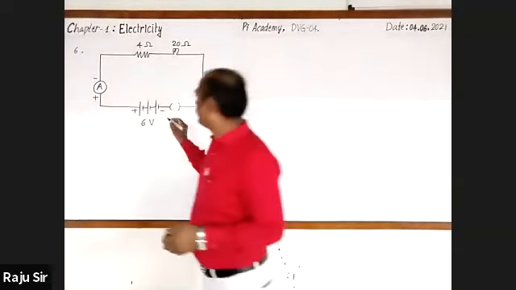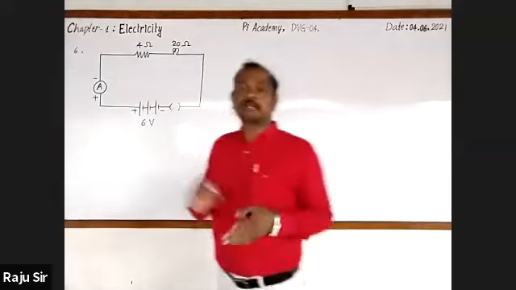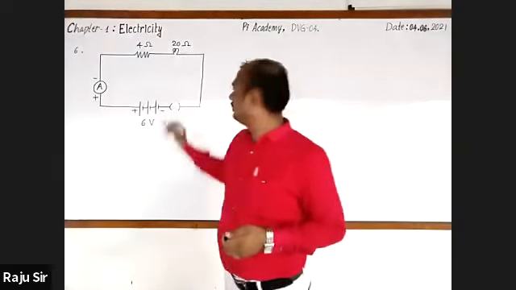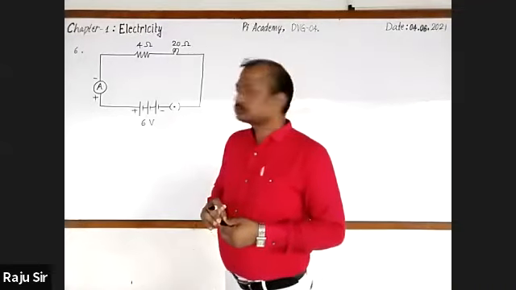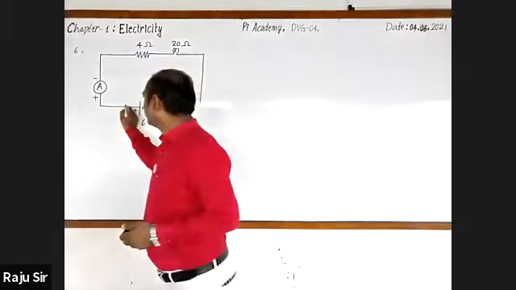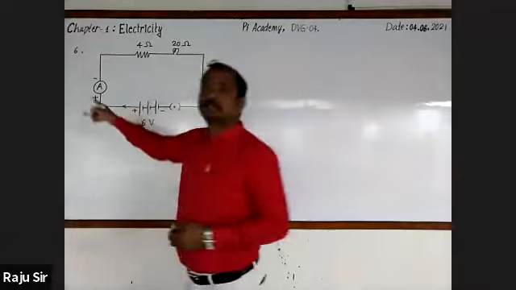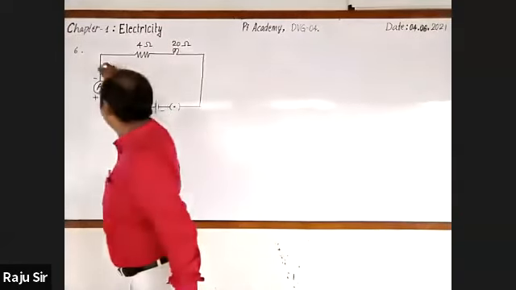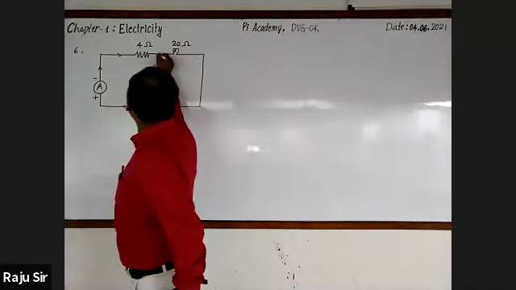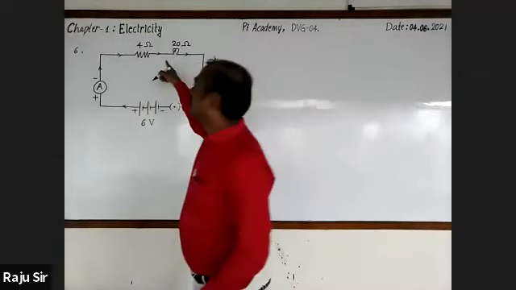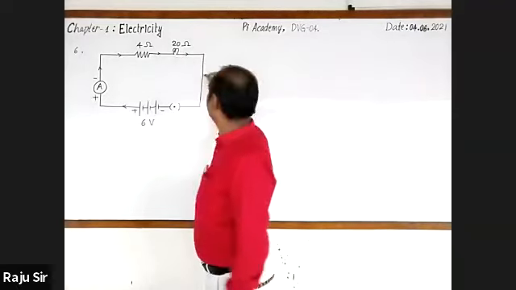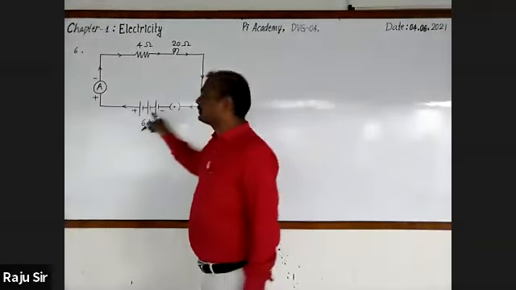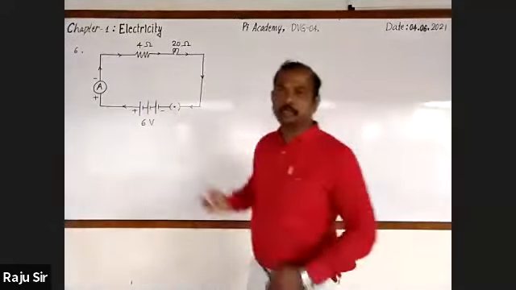Now let us go for completing the circuit by switching on. Yes, close the circuit. Then you know that electric current starts flowing from positive terminal to negative terminal. It passes through the 4 ohm resistor, passes through 20 ohm electric bulb, then comes to negative terminal, and it continues.